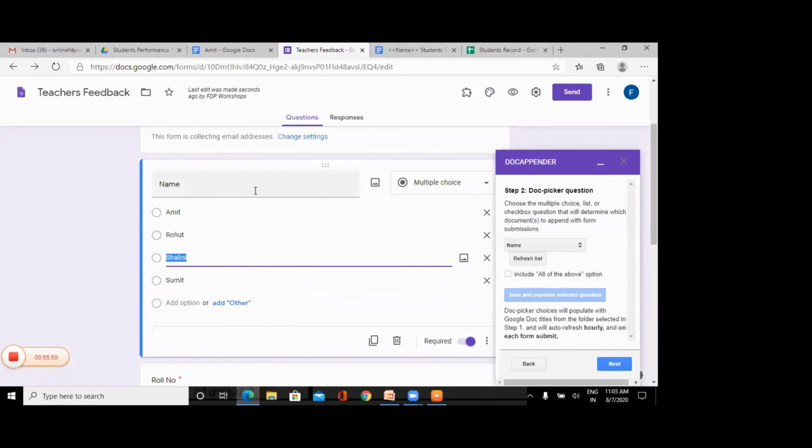I hope now it is clear why I have taken it as a multiple choice question, because now the teacher has to grade them individually. So that is why it has to be either a drop down or this multiple choice option. That is why I have not taken a short answer question and have taken multiple choice, because I wanted to use this Google Form add-on Doc Appender, which is used to populate and fetch the records from the Google Sheet. Okay, can you repeat the last two steps?